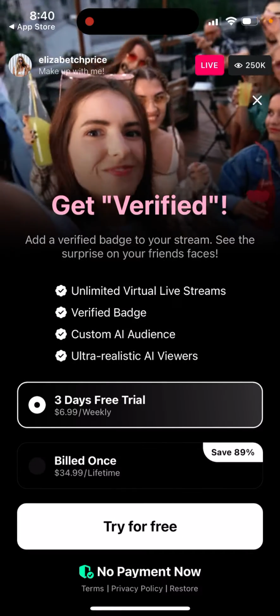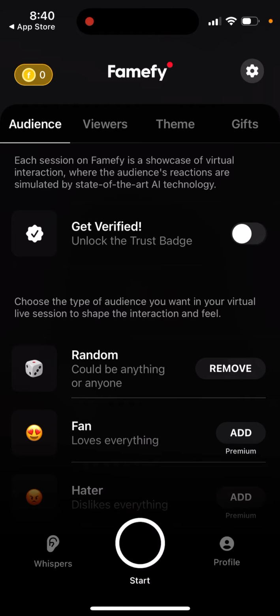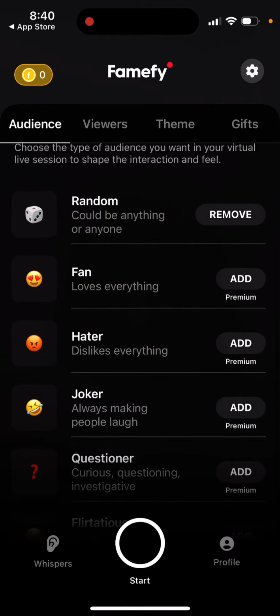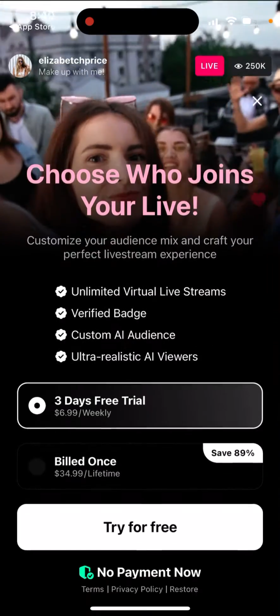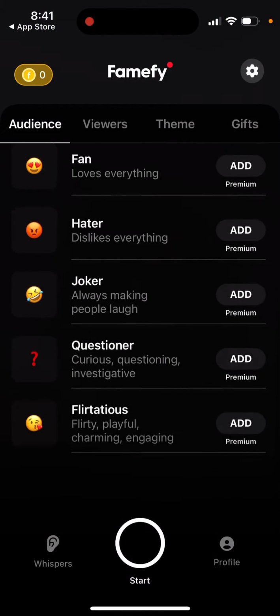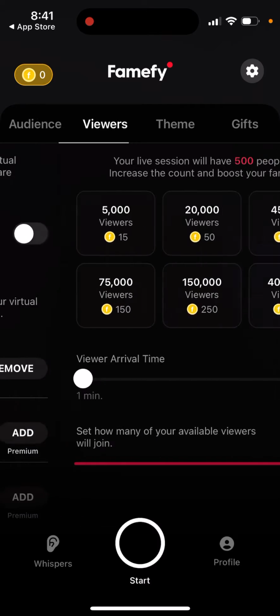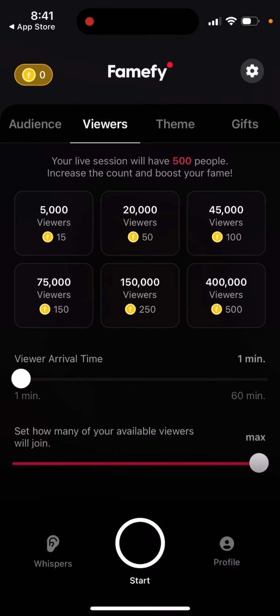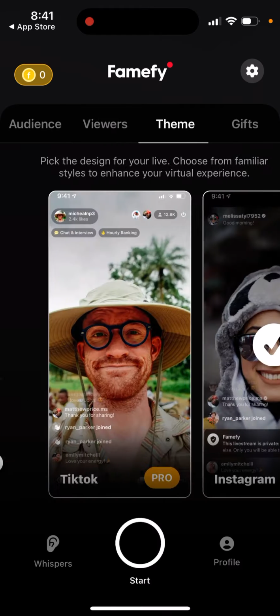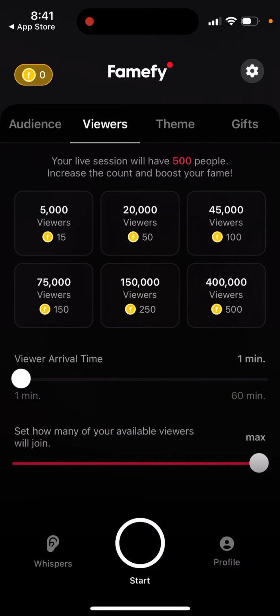You can start it over for free, but if you want to get some additional features, like verifications, or if you want to select a more granular audience, or add some more fans, then you can do all of this with premium. But here you can set it up like that. And then you can set all the settings, how many viewers you want to have,